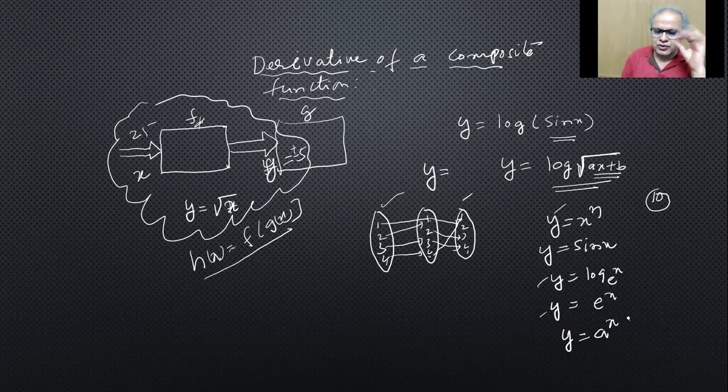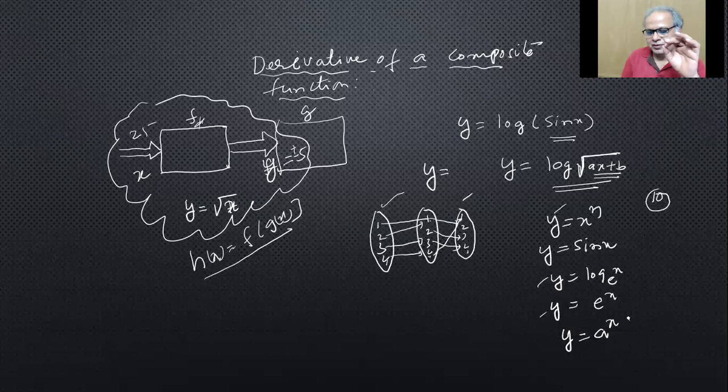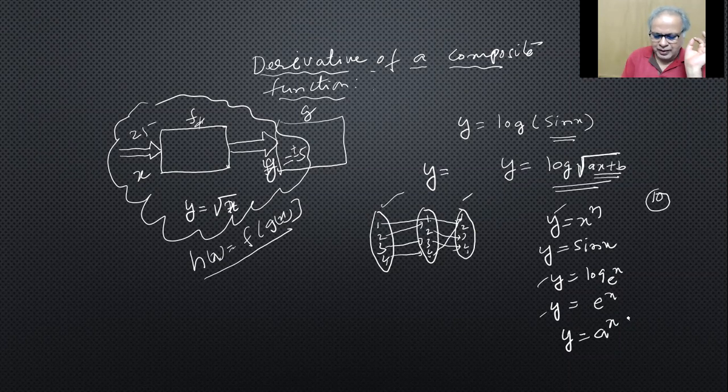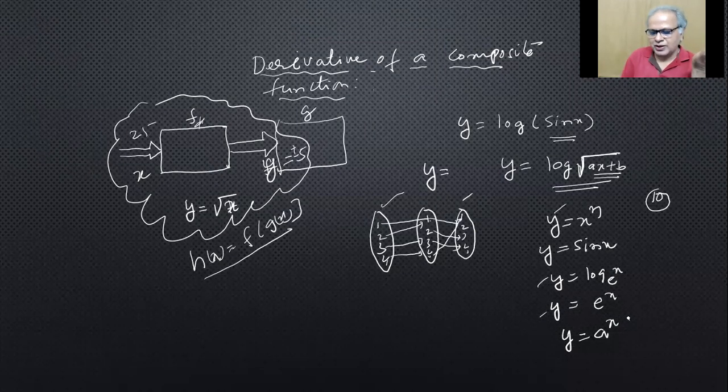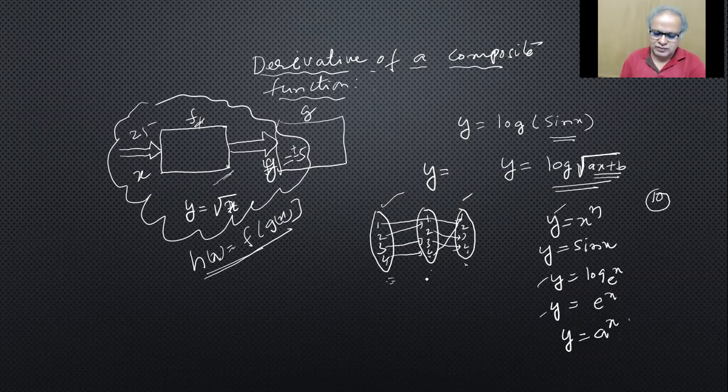Okay. So once you understood what this composite function is, then you can find out how to get the derivative of it. Like I told you, there are many ways of representing that, something like a machine here, or a mapping here. And you can write a table and also show that. I've already told you a function can be represented in various ways.